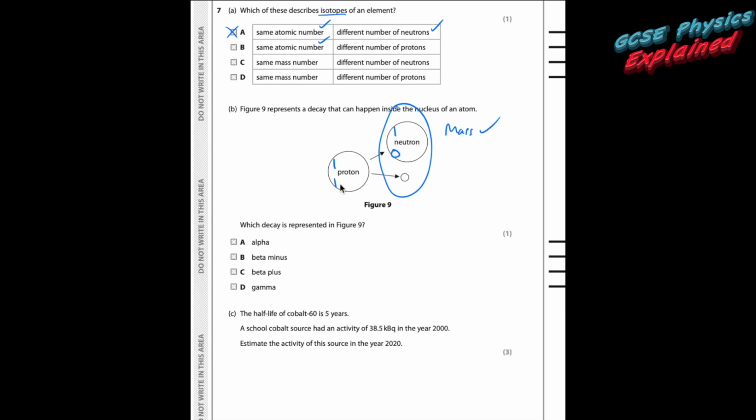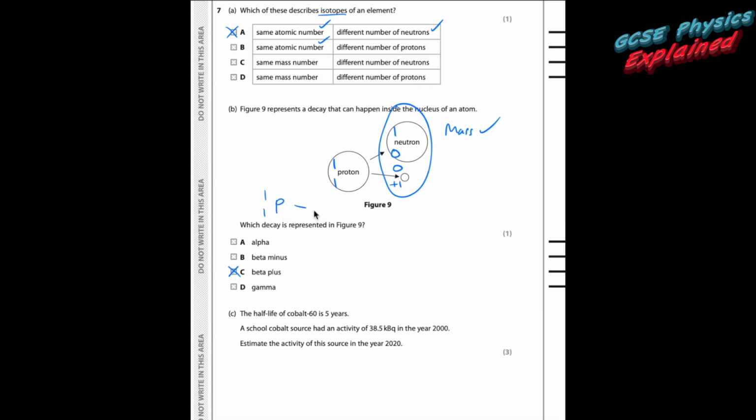What about the charge? Charge of 1. Nothing there. So this particle here must have a mass of nothing and it must have a charge of +1. Now what do we know that's got 0 mass and a charge of +1? That's beta plus. If you want to set it out in a more linear fashion,